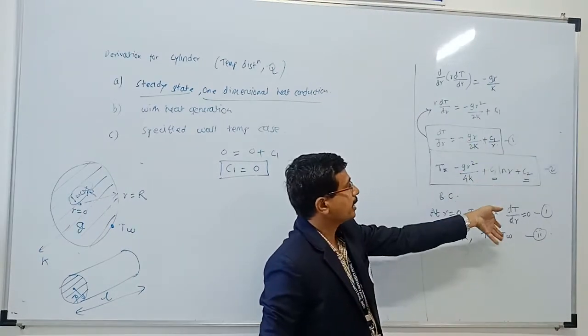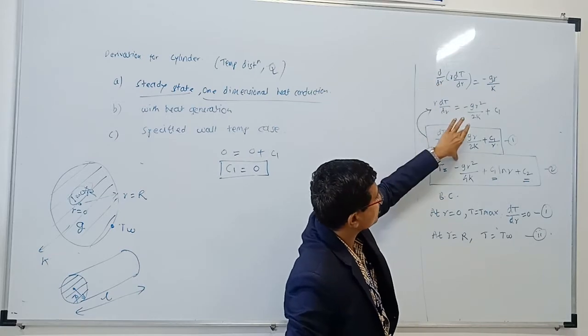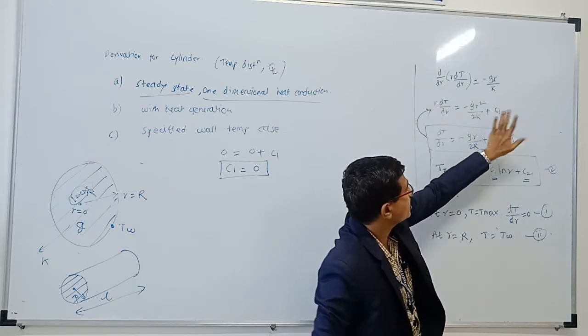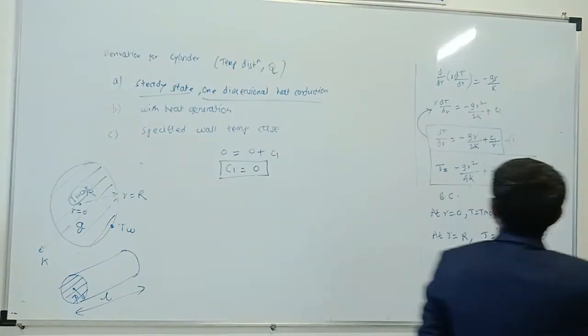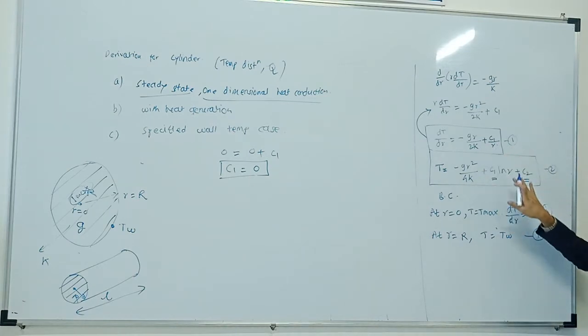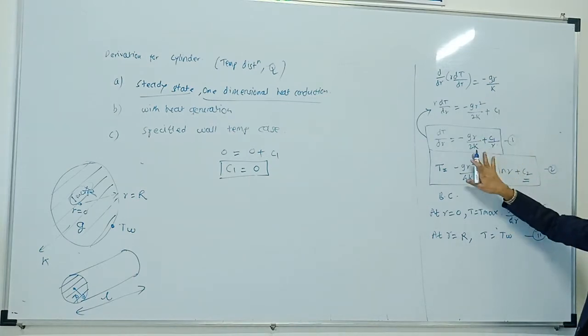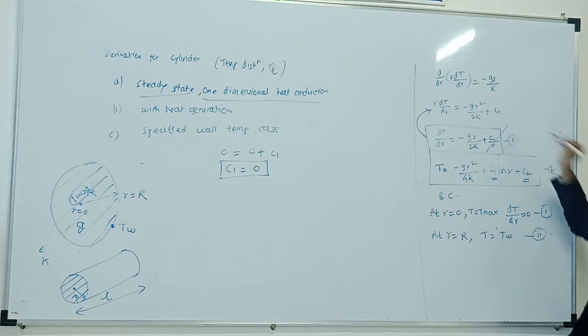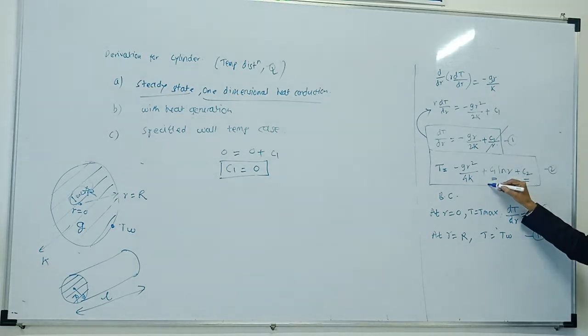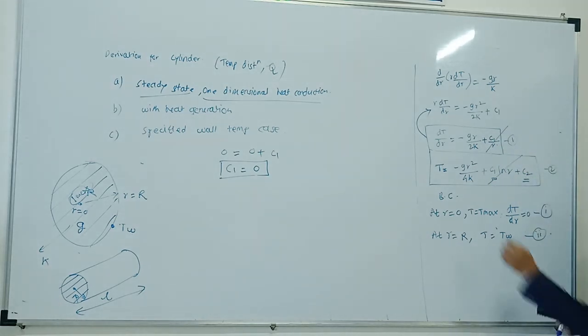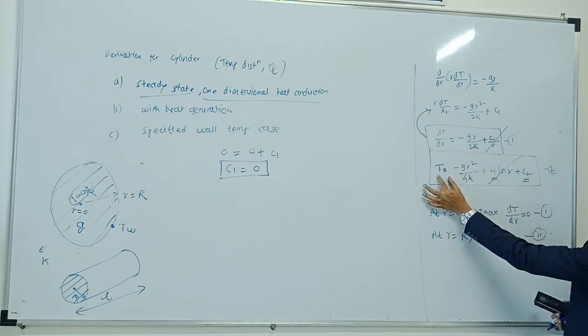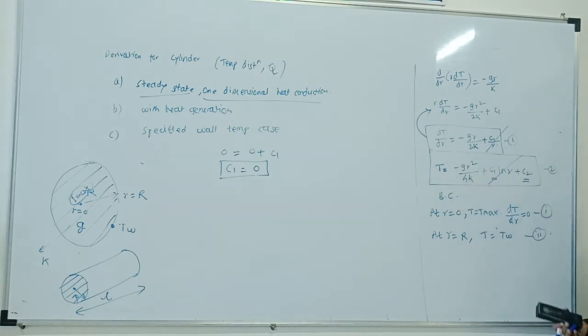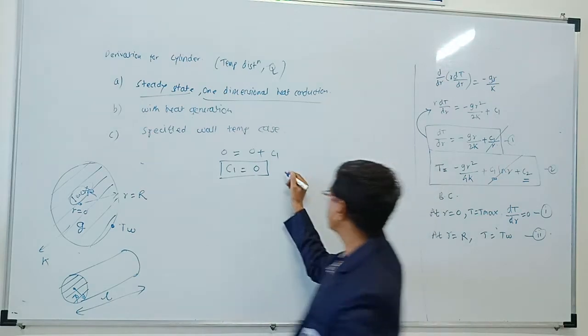और गलत उसमें कुछ नहीं है क्योंकि ये इक्वेशन इसी इक्वेशन से डिराइव हुआ है, आया है. ओके, सो c1 is 0. So c1 0 हुआ तो इसमें क्या क्या कैंसिल होगा? देखो इक्वेशन 1 और इक्वेशन 2 में अगर c1 0 हुआ तो क्या कैंसिल होगा? ये टर्म कैंसिल हो जाएगी और ये भी टर्म कैंसिल हो जाएगी. तो यहाँ सिर्फ एक टर्म बच रही है और इस एक्सप्रेशन में ये और ये टर्म बच रही है. ओके, सो आई गॉट द फर्स्ट कांस्टेंट c1 is equal to 0.